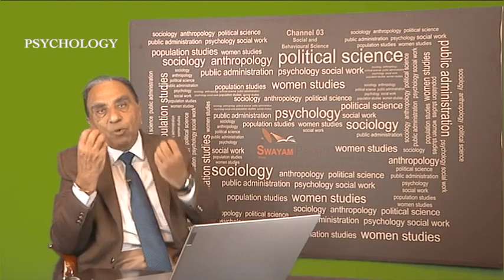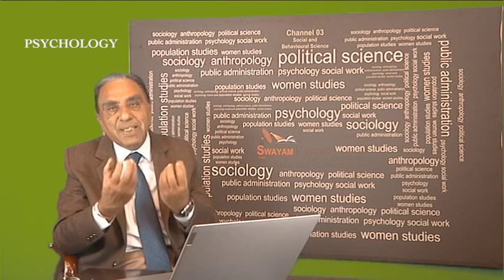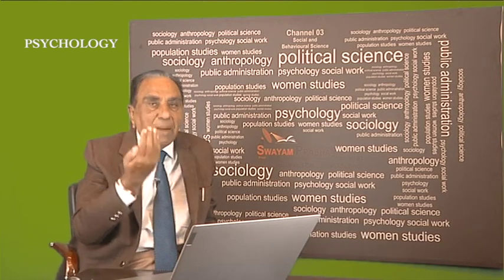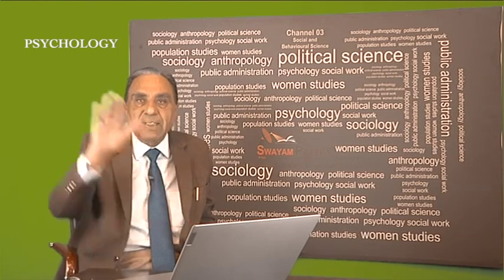So what is perception? Perception simply means when we are looking at something, when our sense organ perceives something and gives meaning to that thing, that becomes my perception. If there is a book, my eyes have perceived it, the message goes to the brain, and I say it is a book, it is a table, it is a laptop, it is a camera, it is a light. This is my perception. Now first of all I would like to clear up what is illusion and the difference between all the aspects, and then we will come to the types of illusion.